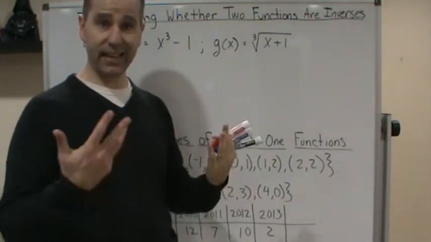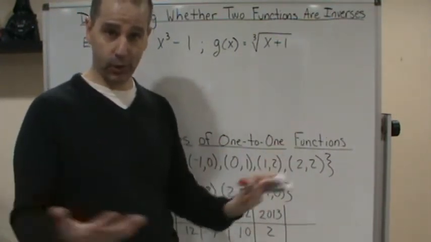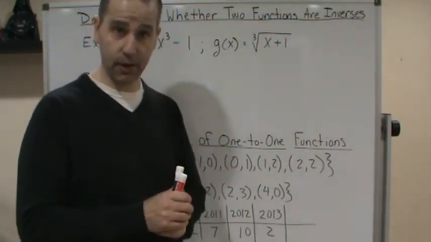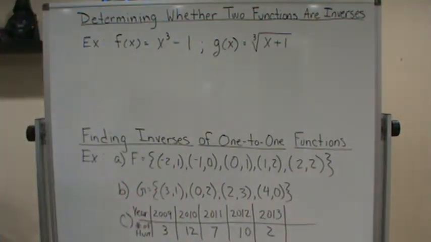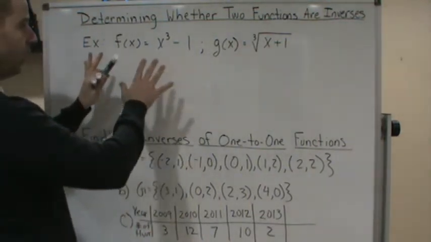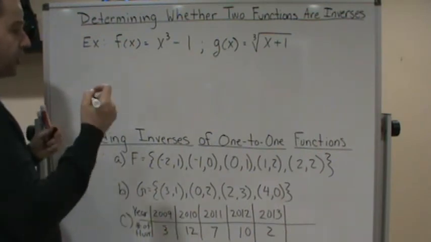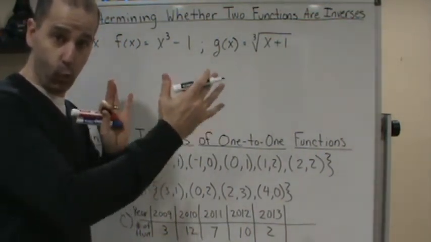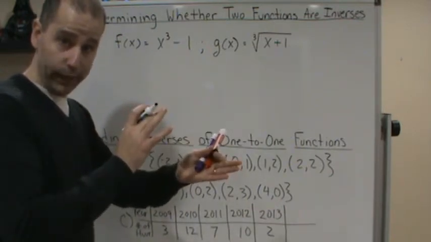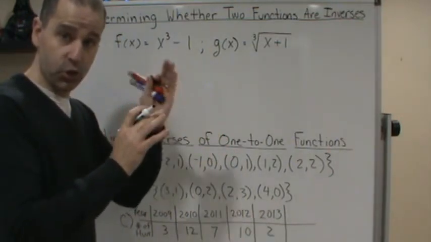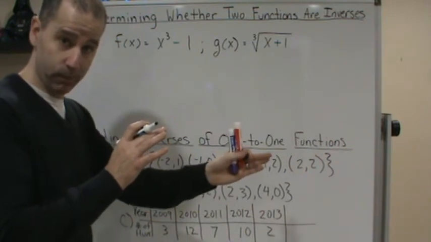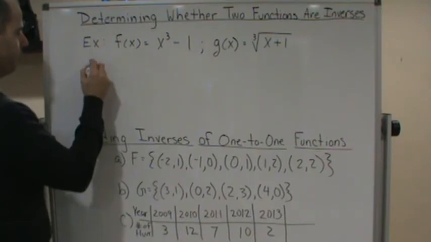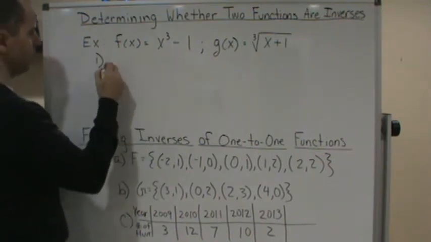We're basically going to take the definition of an inverse function and apply it, and see if it satisfies the if part of the definition. So in this case, if I wanted to determine whether these are inverses of each other, I should be able to compose both of these functions one way and the other way, and both ways should give me x out. So first, let's compose it